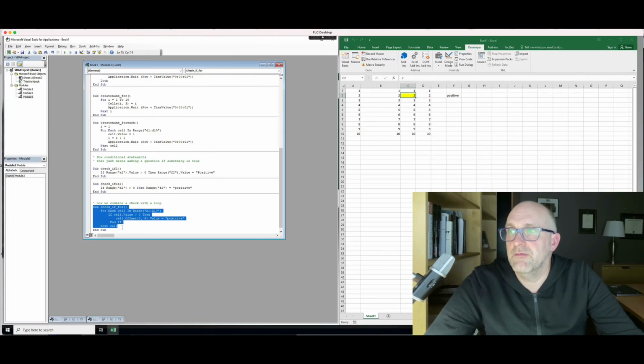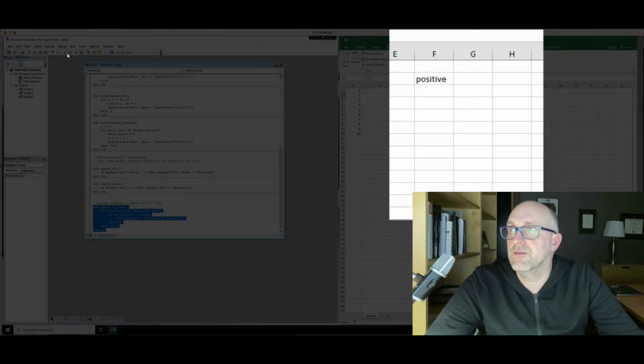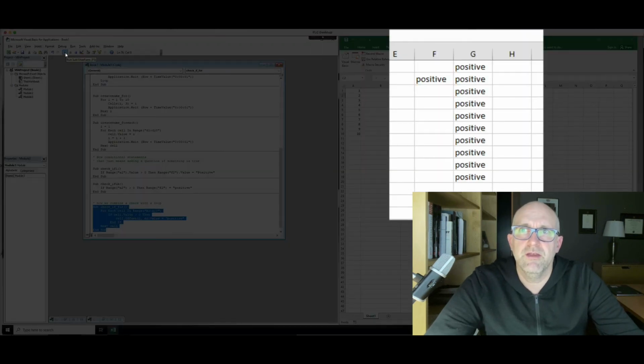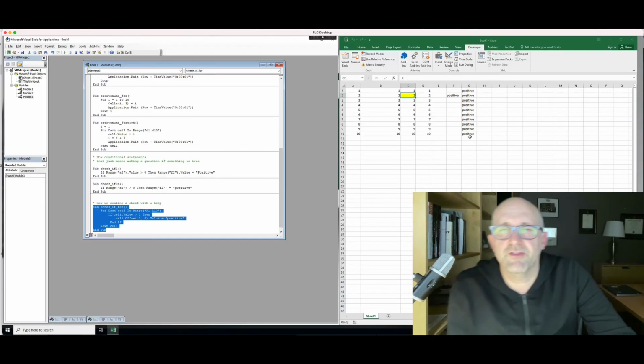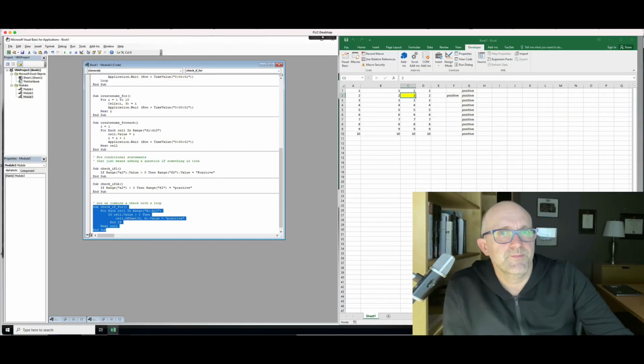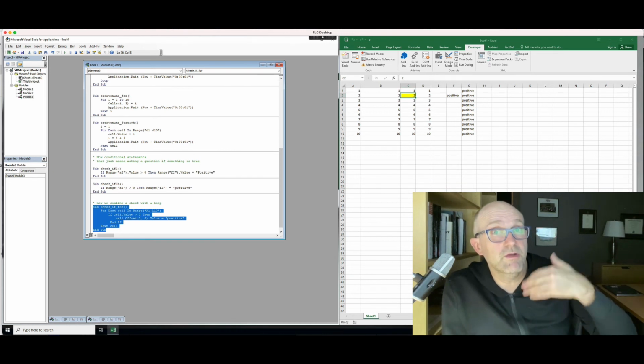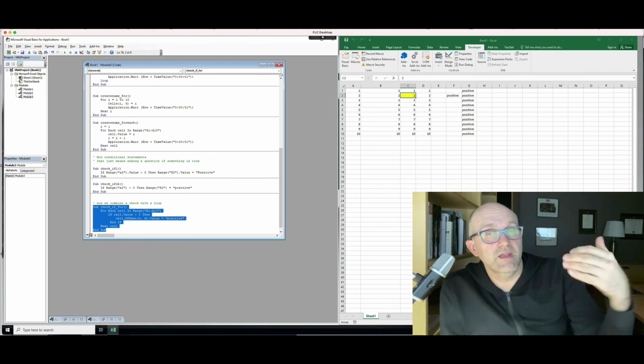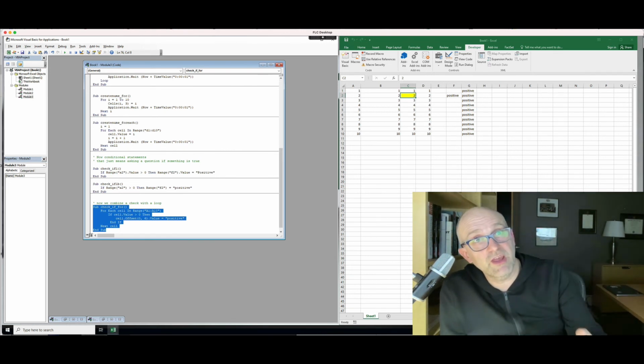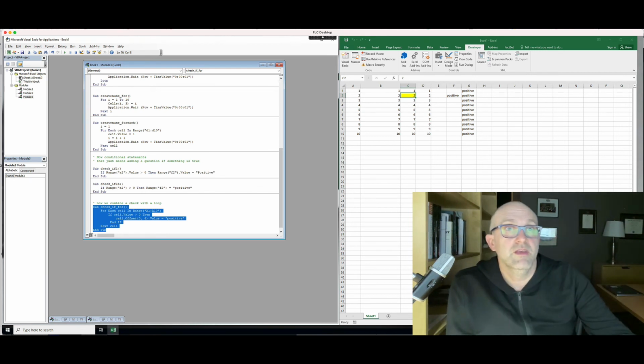Let me just run this subroutine so you can see how this works. This is now without a delay, but you can see how all of these values are, of course, because they're positive, they're all changed to positive. So what you have here is you basically run through all of the cells, and instead of doing a command, you're doing a check on each of these cells to see if something is true, and if something is true,